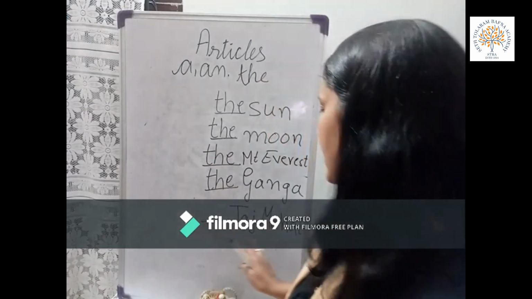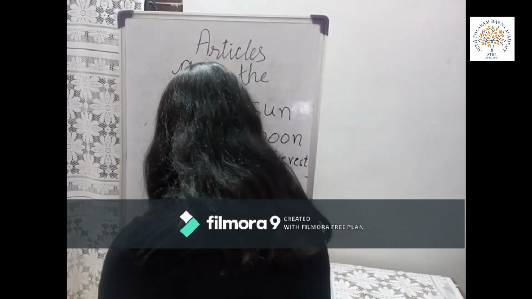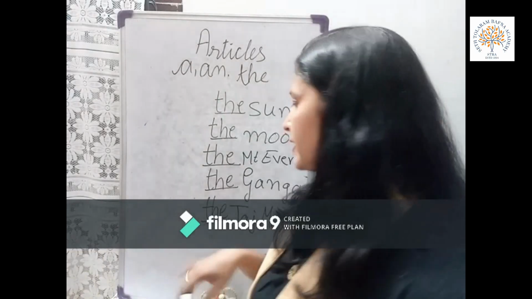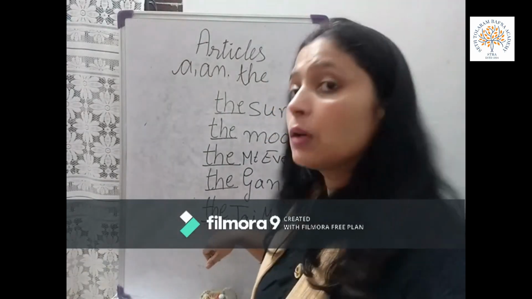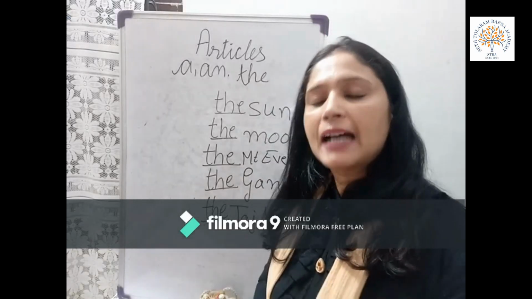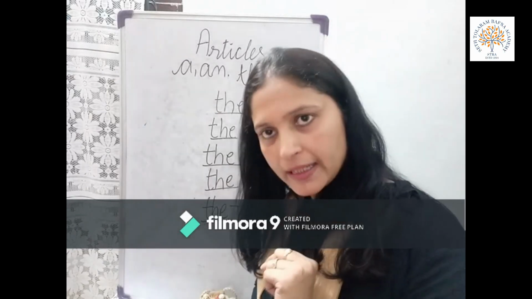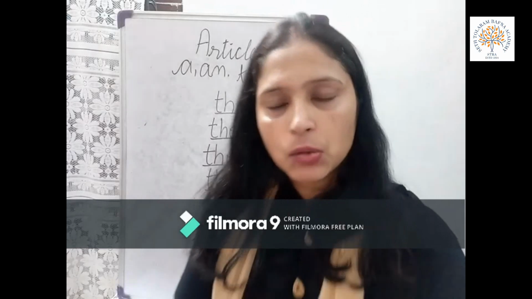Ganga is a holy river, and Ganga is only one. There are not thousands of Gangas, so we will say the Ganga. Now next is Taj Mahal. So what will we say? The Taj Mahal. Sorry, I forgot to write the, so I am writing it right now. The Taj Mahal. Taj Mahal is a beautiful monument and it is in India. So we will say the Taj Mahal. And Bafna school is only one in Bikaner city. So we will say Bafna school is the best school of Bikaner.